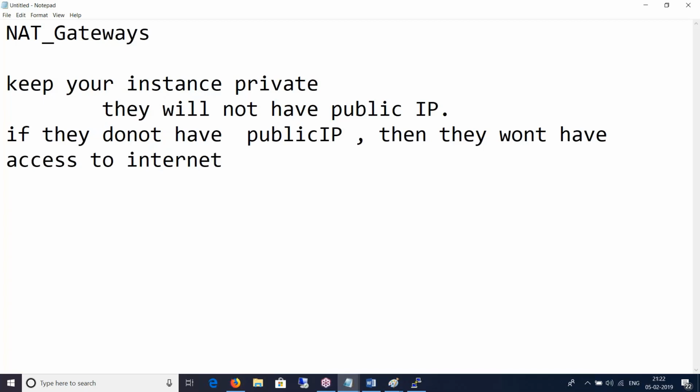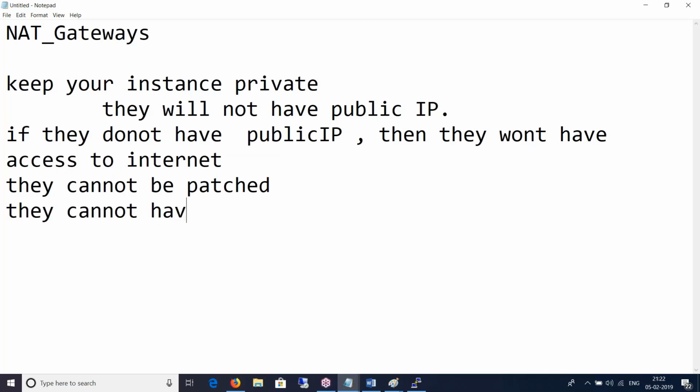And that also means that they cannot be patched. They cannot have the signatures of their antivirus, let's say AV, updated, right? And that's bad. If you look at the machines or your laptops at your home, there is a NAT going on. Your laptops, mobile phones, iPads, PDAs, they do not have an IP address, or rather, they do not have a public IP address.